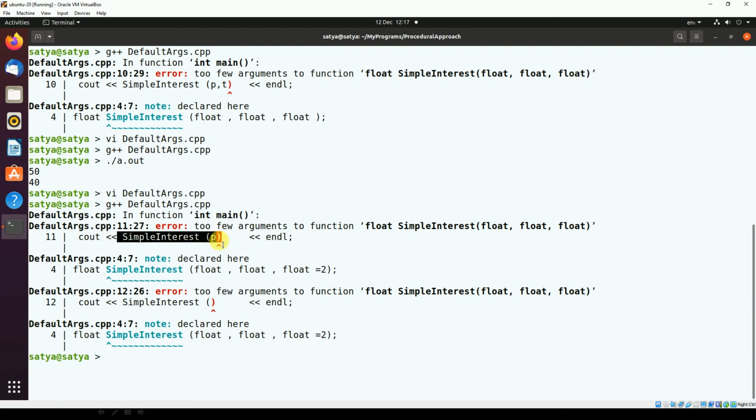Too few arguments, because here only one argument you are providing. For the third argument, if it is not provided, then it will take the default value. But what about the second value? For the second value we have not given any default value, so it won't take. The first argument is there, the second argument's default value is not there, so it will throw an error.